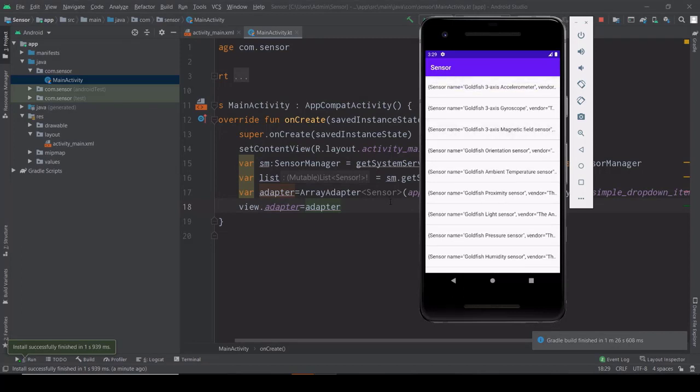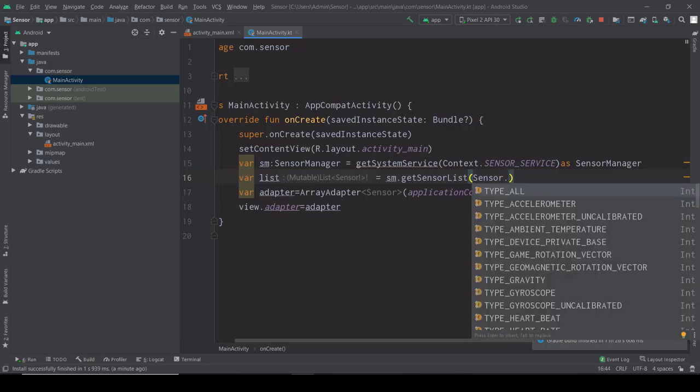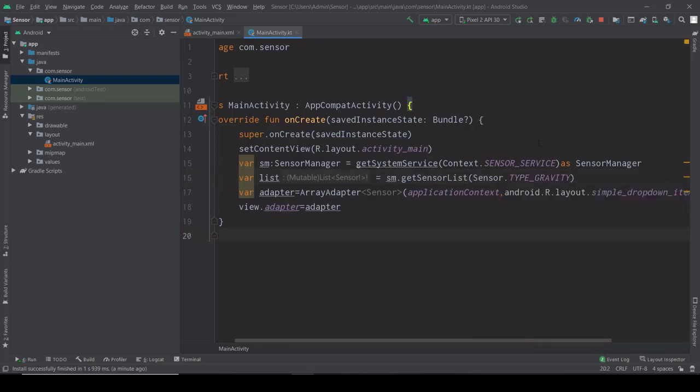Now I want to get information only for, for example, the pressure sensor or humidity sensor. Just go to the sensor type and change the all type. See guys, here are the accelerometer sensor and device gravity. I'm choosing gravity here, and let me check whether it's working or not.